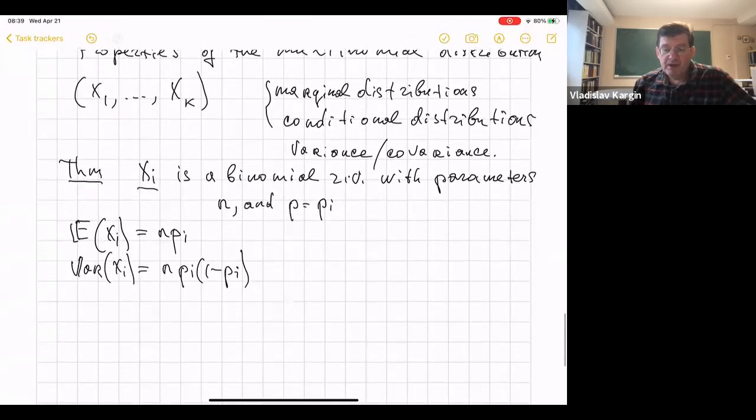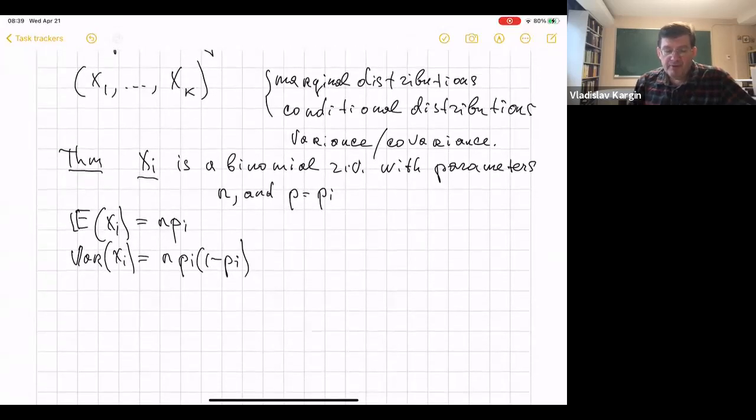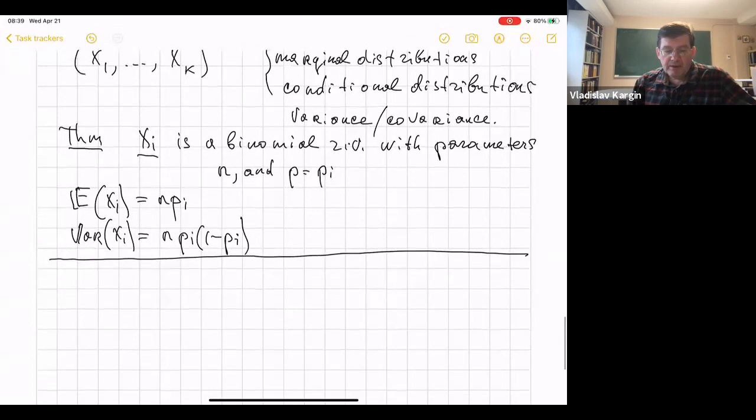So this is the first thing that we can say. Now, the second thing: suppose we look at something like the conditional probabilities, but before that, maybe ask the question, what's the covariance of Xi and Xj? So suppose that we're looking at the covariance of Xi and Xj. And it turns out that this is equal to